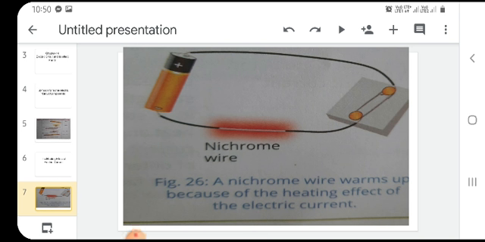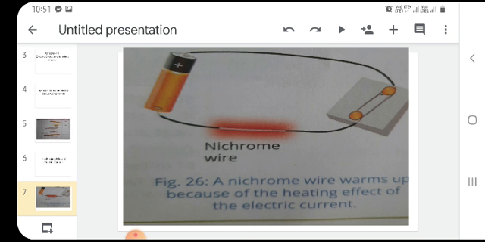Wires made of copper offer less resistance to the flow of current than most other metals. Thus, they produce a smaller amount of heat when used in circuits. Even thin copper wires do not offer a lot of resistance to the flow of current. On the other hand, thin wires made of tungsten or nichrome, which is an alloy of nickel, iron and chromium, offer higher resistance and heat up to